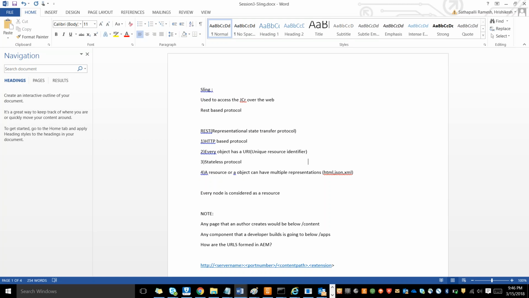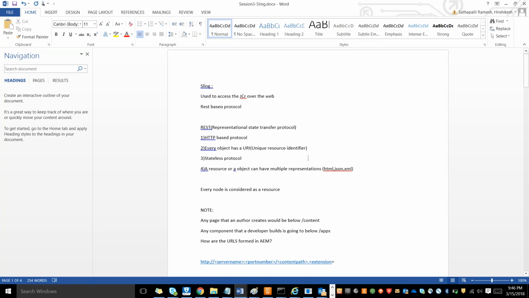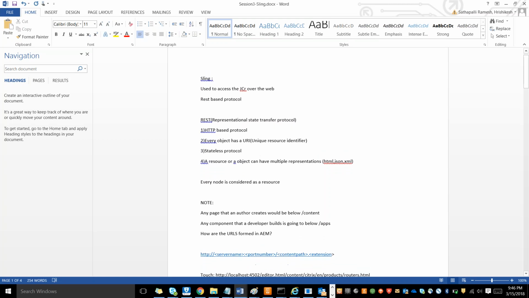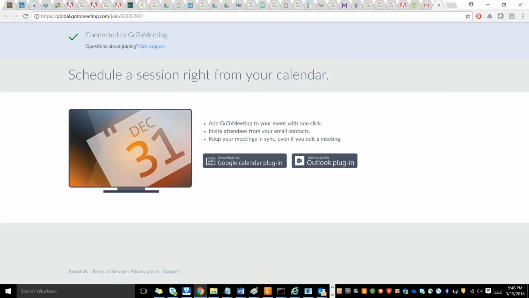So yes, every node is considered as a resource. Basically, in JCR everything is a node, and when I talk about Sling as a REST-based protocol, everything is considered as a resource. Now, how does this Sling mechanism work? You need to understand the ways a URL can be resolved in AEM. So if you look at the content repository,